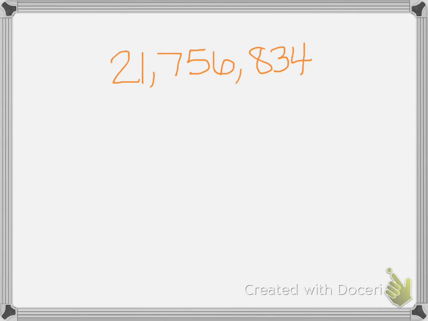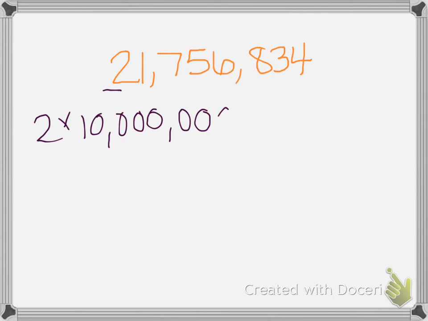Number 1 says write each number in expanded form. So I'm going to start with the 2, and since it's in the 10 billions place, times it by 10 billion. Plus, move to the 1, since it's in the million spot, 1 million,